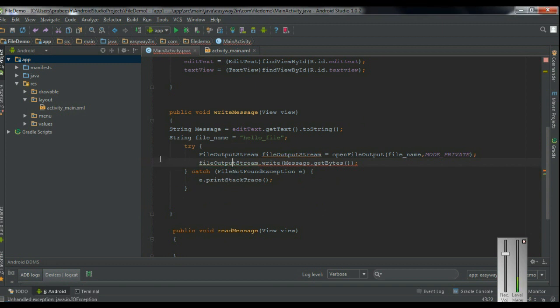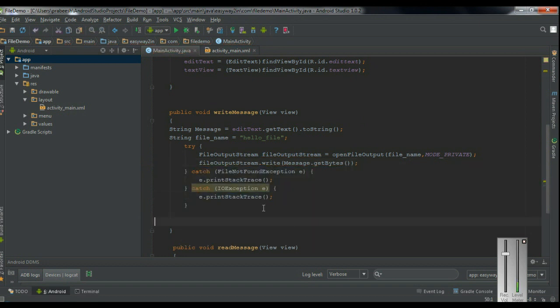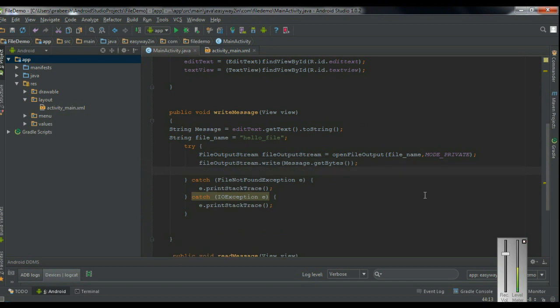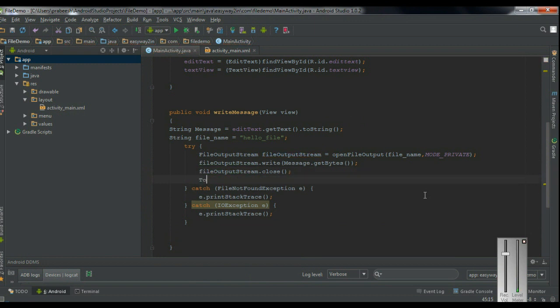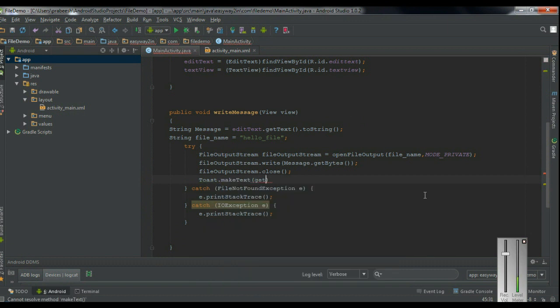Okay, we have to add the catch clause. Add catch clause. Okay, here the exception is IOException. And finally we have to close the file output stream, fileOutputStream.close(), and display a message to the user, Toast.makeText, getApplicationContext,